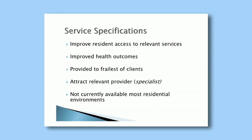We needed to be able to provide the services, whatever it was, to the frailest of clients, and in a sense you can understand where we might have been being led as we were going through this process. We needed to be able to attract a relevant provider, whoever was going to be assisting us in providing this service, and it needed to be relevant to the client group. As it's turned out, a dental service, we didn't want to be dentists, so in a sense it was providing the environment for the service to be provided in,